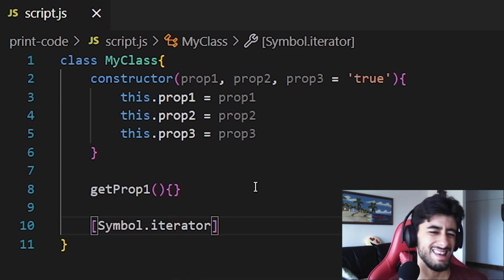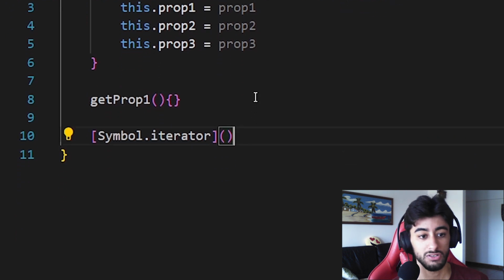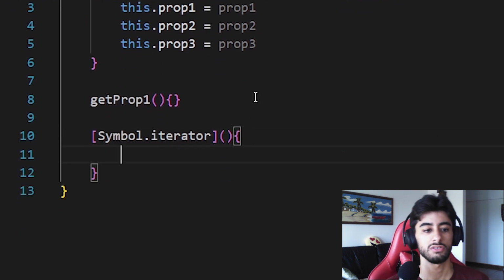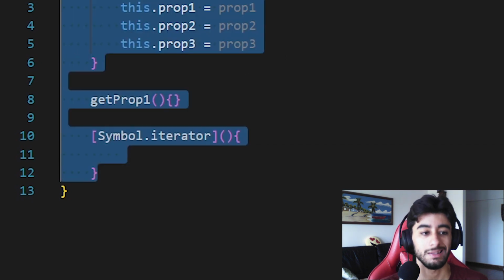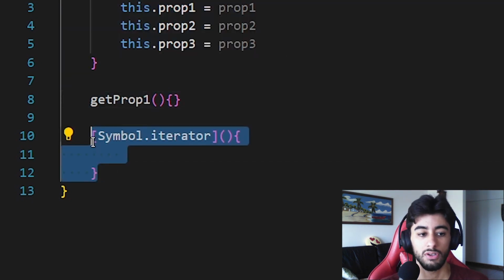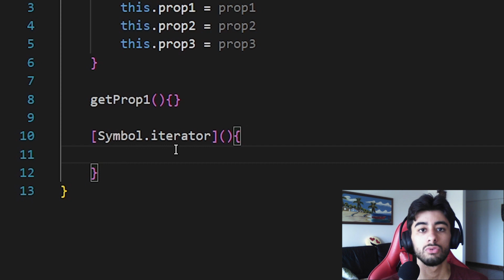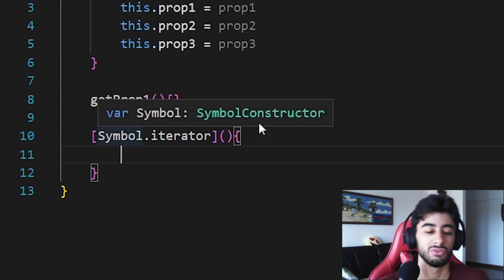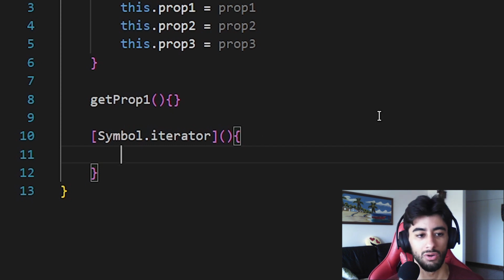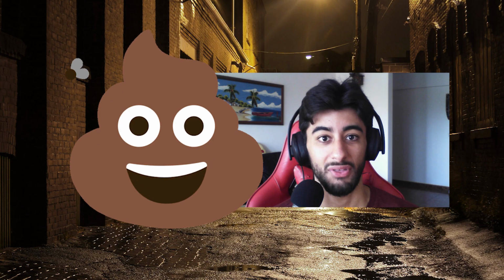Symbol.iterator. And now guys, this is going to be a function, this is why I put a parenthesis and then curly braces, and pa! This is a syntax you would need to use inside the class. So inside of here, you can already make the normal things you would do with an iterator outside of it. And usually, if you want to make an iterator for an object, a class that you are going to make, you usually make it inside of here, so you don't need to have your code to things that are alike